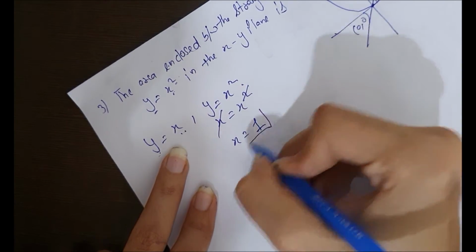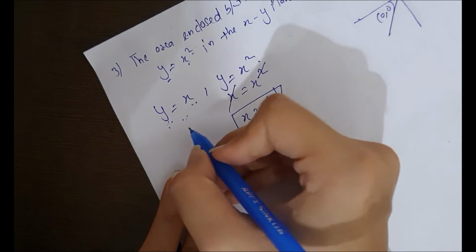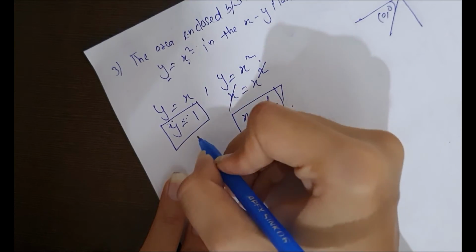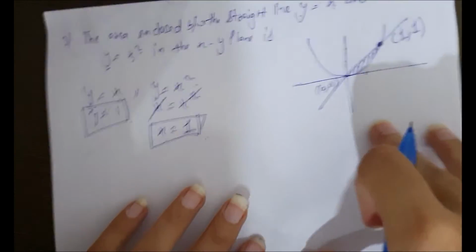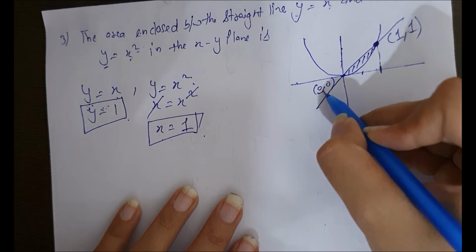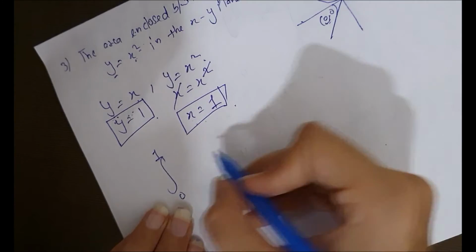So the x value comes out to be 1. Put this value of x here to get the value of y. So the y value also comes out to be 1. This is the point (1, 1). So if we take limits of x from 0 to 1, we have to put the value of y